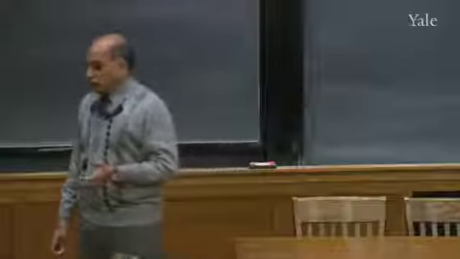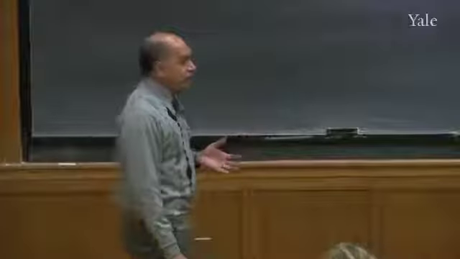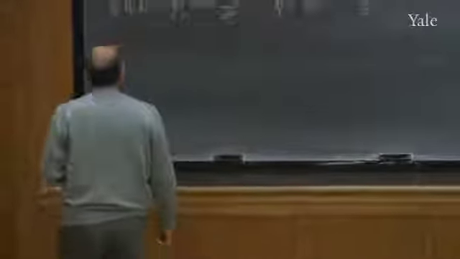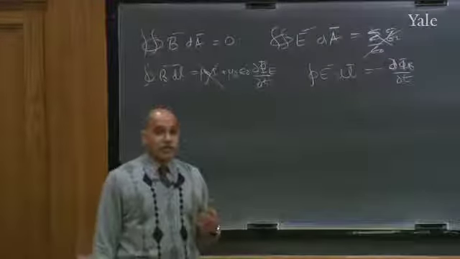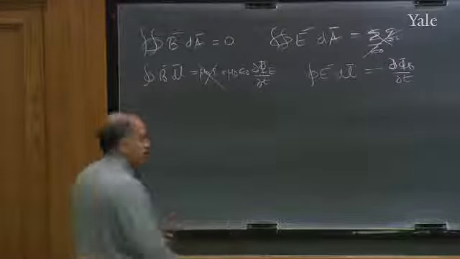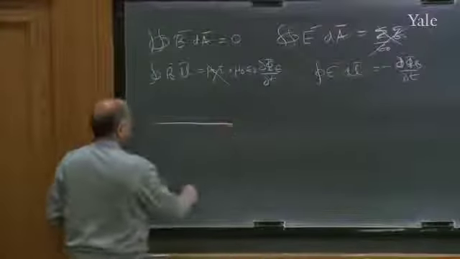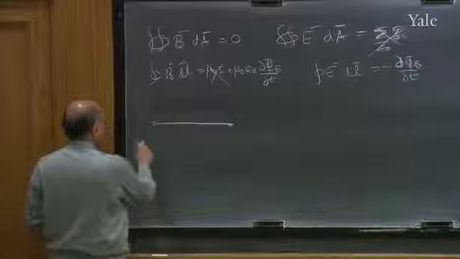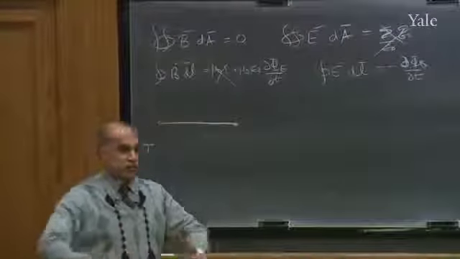It's a bit like explaining a joke, but still I have to do that because otherwise we won't have that climactic moment. So let me tell you one example of a wave equation. People have seen them before. Here's the simplest example. You take a string, you tie it between two fixed points, and it has a tension T. Tension is the force with which the two ends are being pulled.